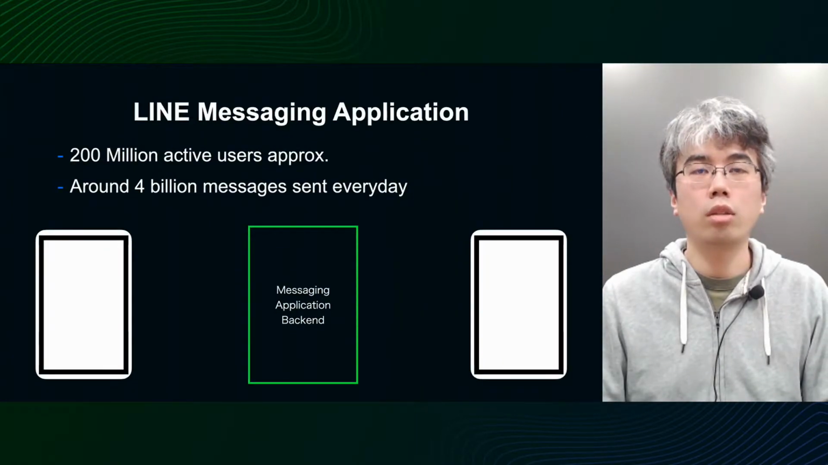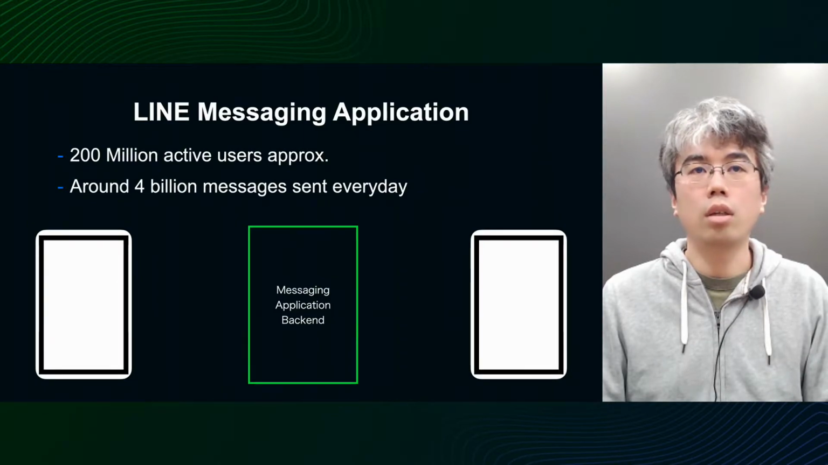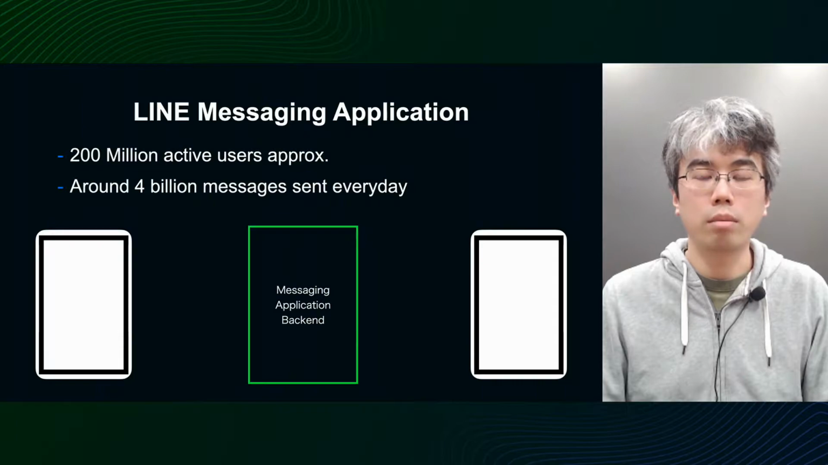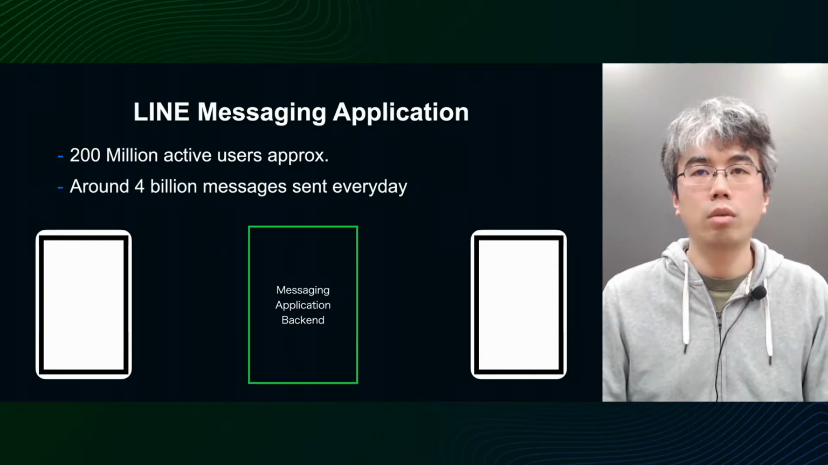First of all, I would like to briefly introduce our messaging app, which is the subject of this presentation. The messaging app currently has about 200 million active users, and about 4 billion messages are being exchanged through these users per day. Since it is hard to imagine how messages are actually sent, I have drawn a simple diagram